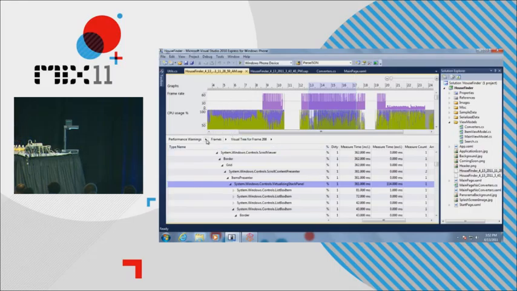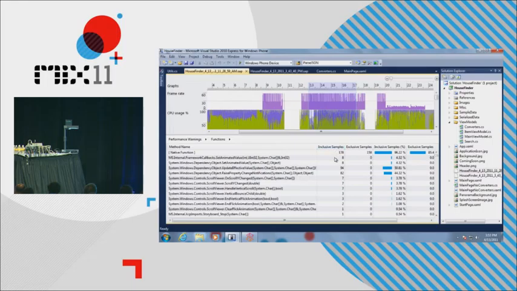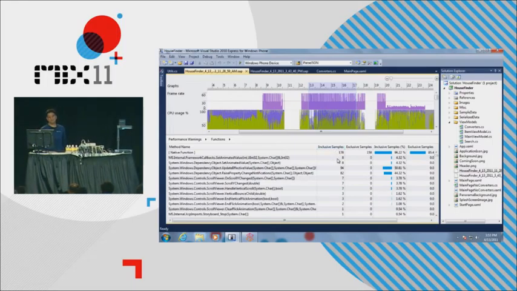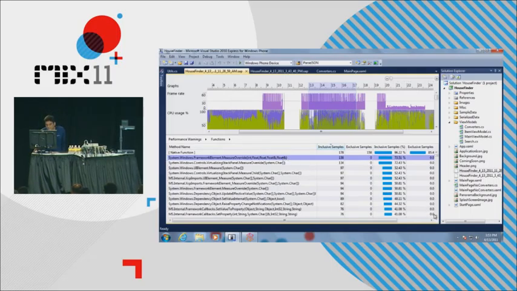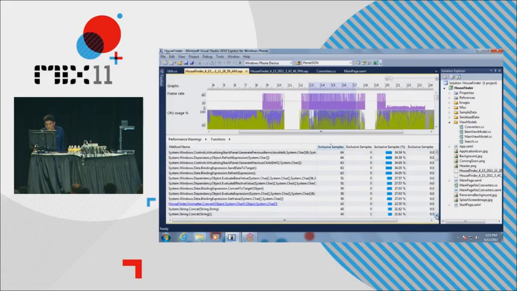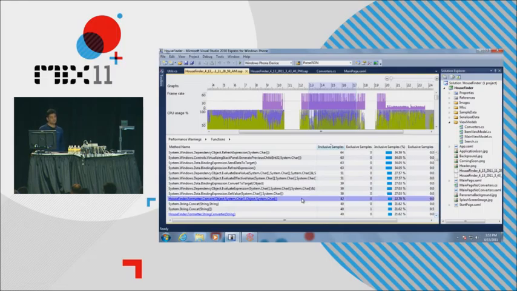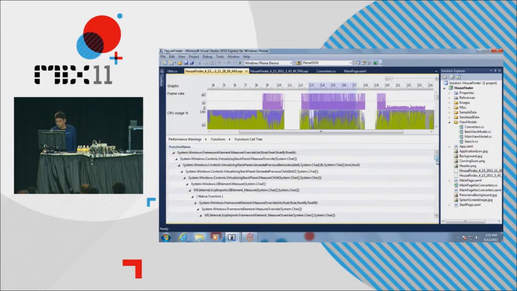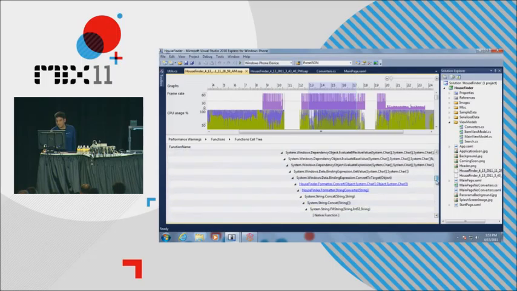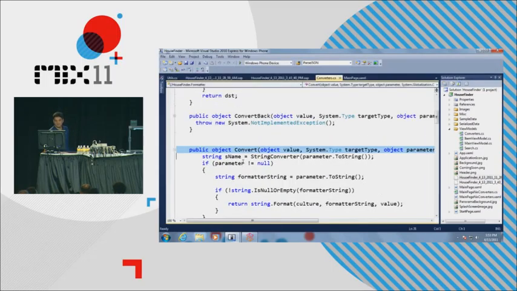let me go back and again look at the function summary and see if there is anything in my user code behind that I'm doing to impact this measure time. So you see here that there is measure override, which is taking the maximum amount of time. And let's scroll down to see if there is any user code. Here you go. There is a user code. There's a convert function that I'm using in the code behind, which is taking 22% of this overall measure time. So I go here, go to the call tree, validate that it is indeed getting called in the context of measure override, click on the convert function,